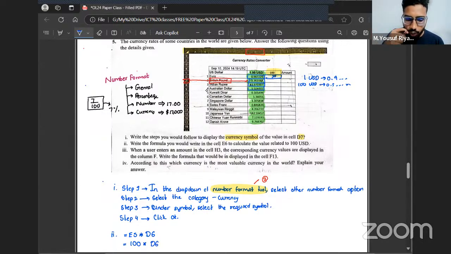Correct, correct. You can put 100 into D6 as well. Note the absolute cell referencing. Have they mentioned copying this formula? When a user enters an amount in the cell H3,